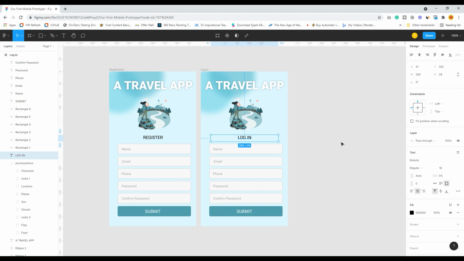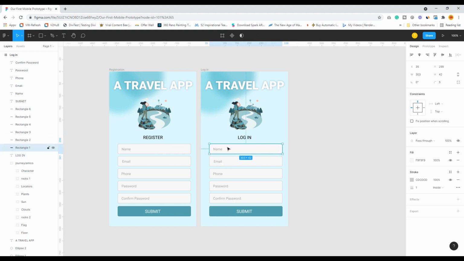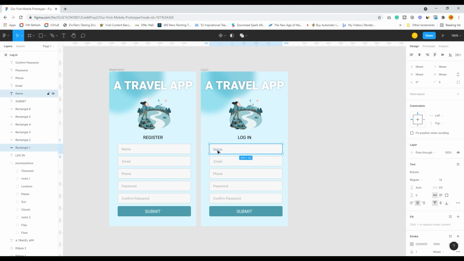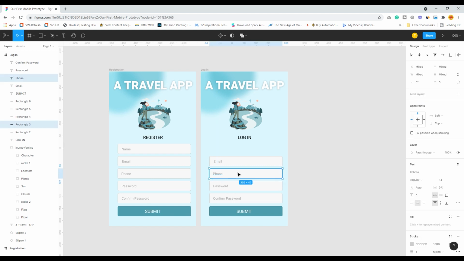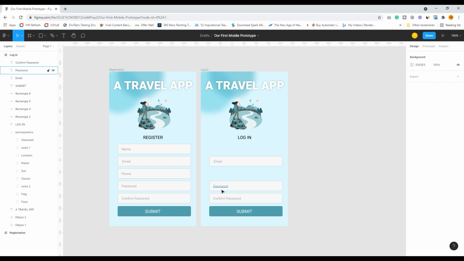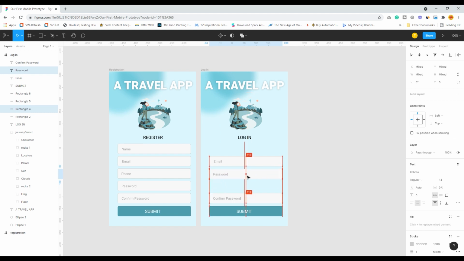Okay. So what I will require with the login screen, I will just require the email, and I will just require the password, right? I don't require anything else.